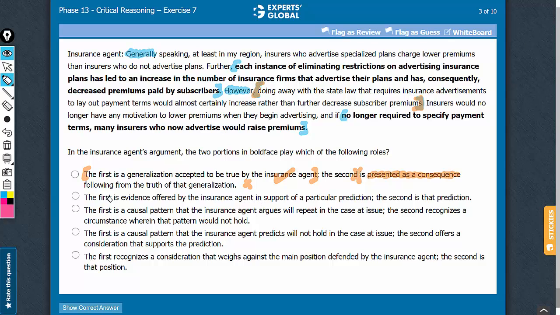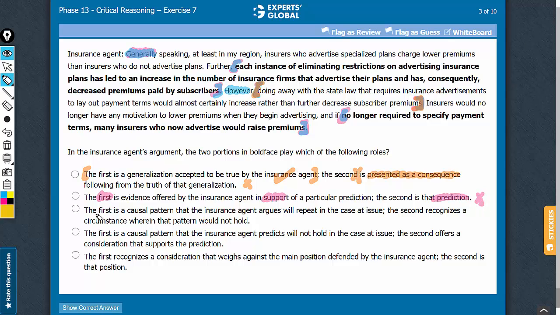Similar problem with choice B. See, if the first has been said to support something, the second is not going to be the same thing. It's important to understand that the first boldface and the second boldface are in contrast. The first boldface supports what generally happens, but the second boldface suggests a contrasting conclusion, which is a conclusion of the argument. So any answer choice that does not show a contrast between the two boldfaces is not going to be correct. So answer choice B should also be eliminated.